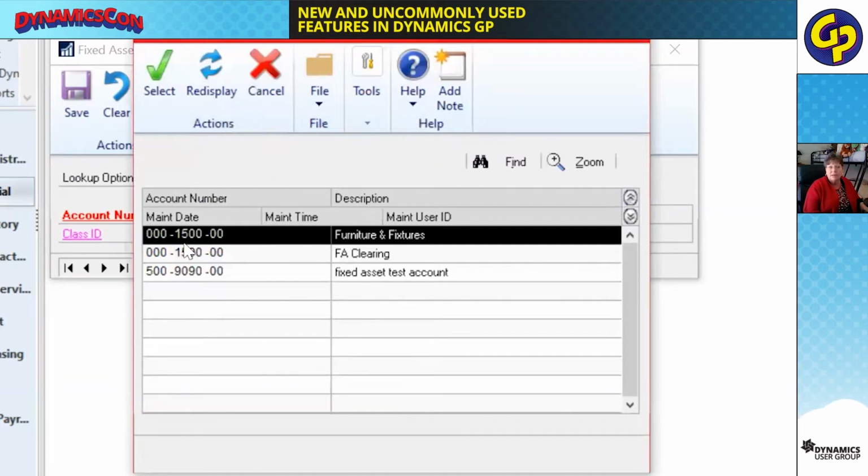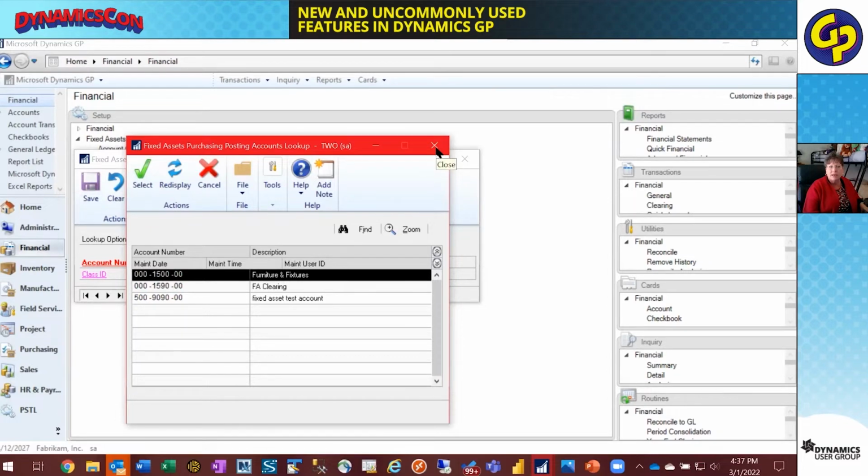So right now you can see I've got my furniture and fixtures set up. I also have a fixed asset clearing, and then I have just a test account that I set up if we were doing an automatically expensed transaction, or if there was some transaction that you wanted to track besides that asset account. So then once you have those accounts set up,